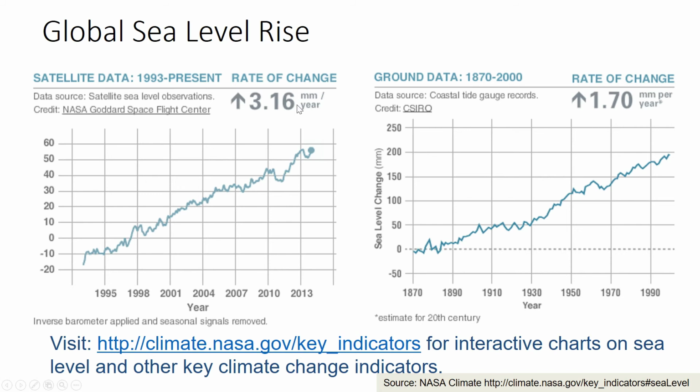Whereas the ground data are based on instruments installed in the sea at a particular site. They take a mean of the readings and find the variation. So you can see that there is some variation, or an increase, which has been recorded in the sea level.